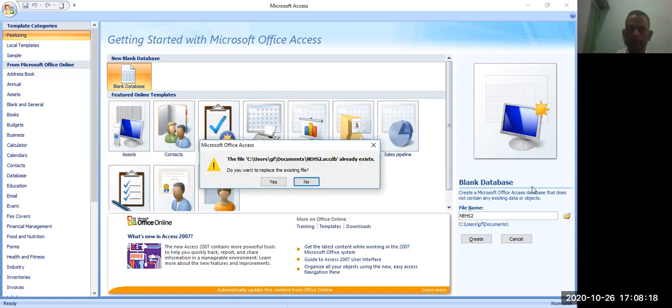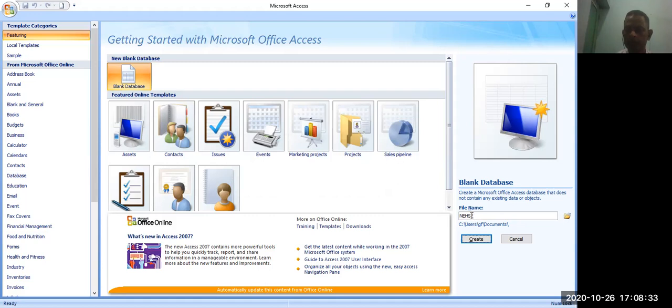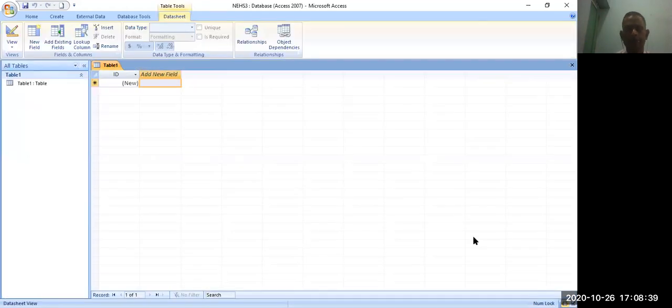It asks: do you want to replace the existing one, since NEHS 2 already exists? No. It's going to NEHS 3. Just click the create button.